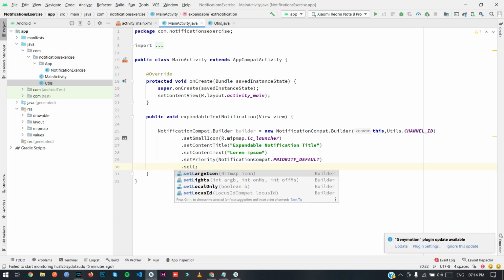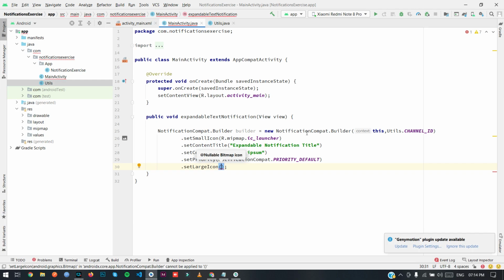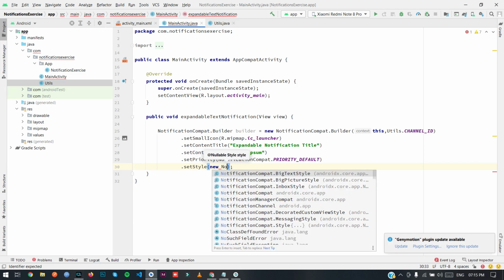Then .setLargeIcon. Sorry, here we are creating .setStyle for setting an expandable notification. You can use setStyle, and then you have to use new NotificationCompat.BigTextStyle.